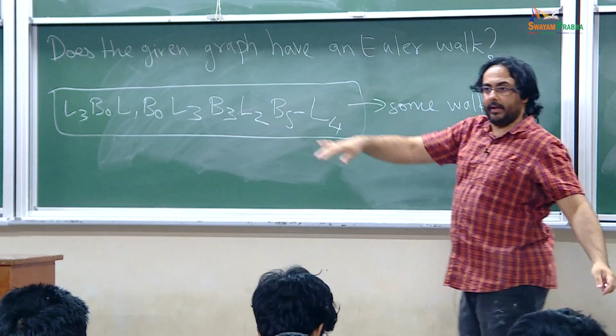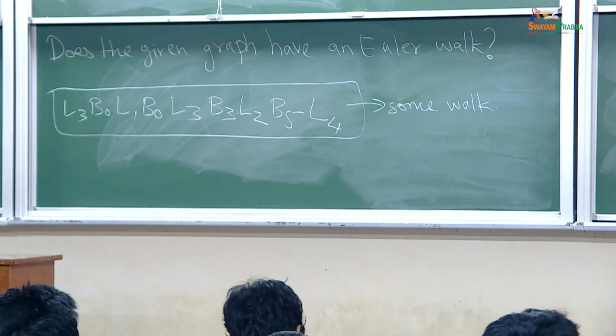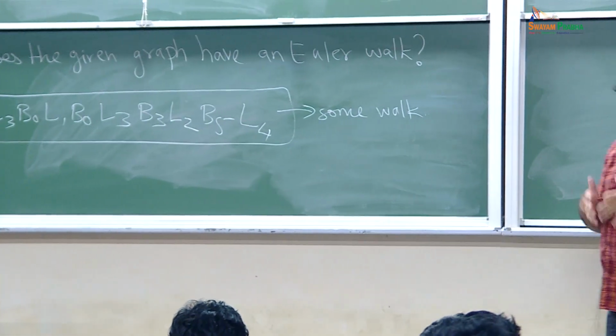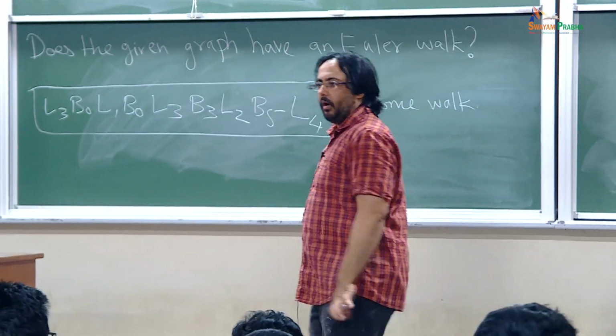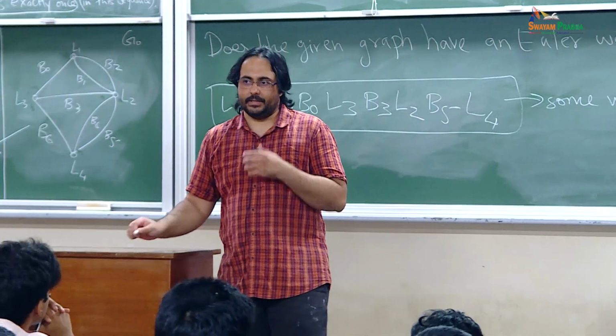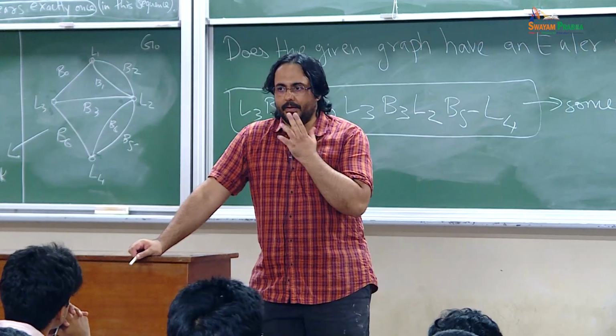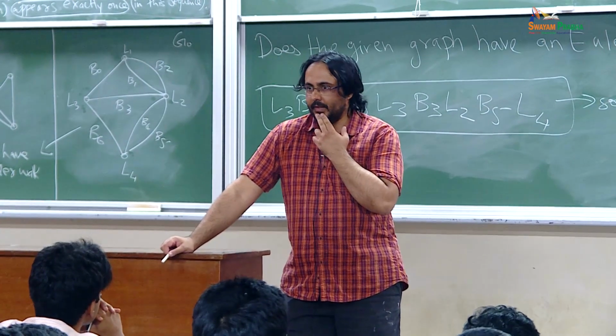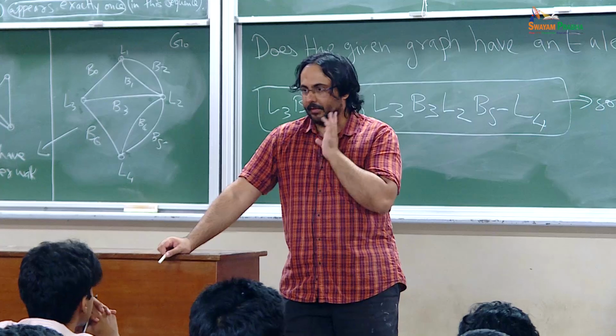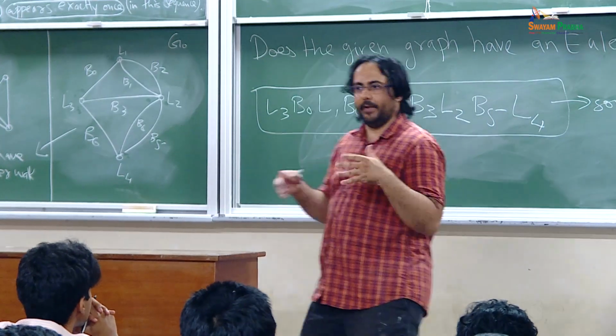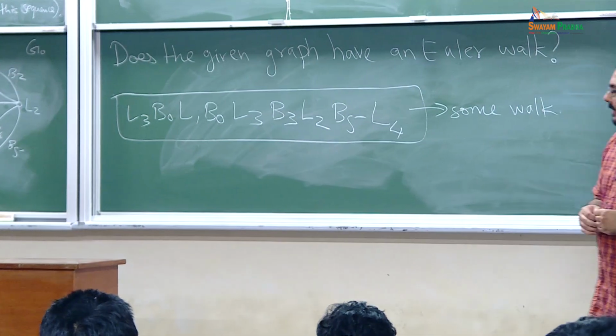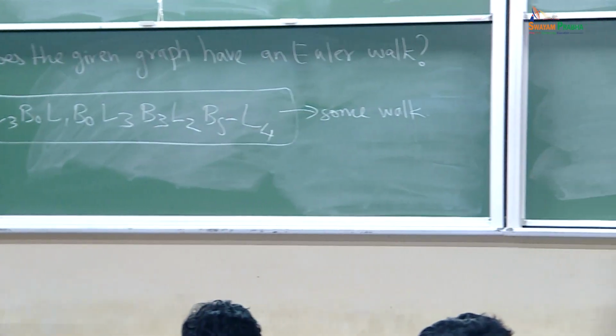if I give you an arbitrary graph, let's say 10 vertices or 20 vertices, and I just ask you, does it have an Euler walk? How do you answer this question? And if you have already figured it out, great. If you have read about it or heard about it before, that's also great. But let's pretend that we don't really know the answer to this question, and let's see how we would